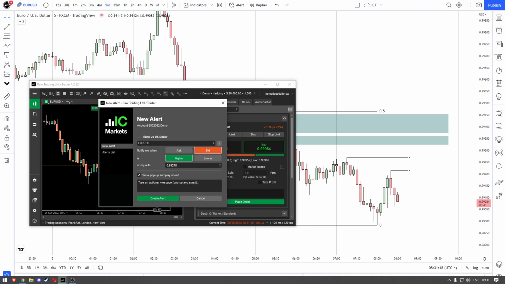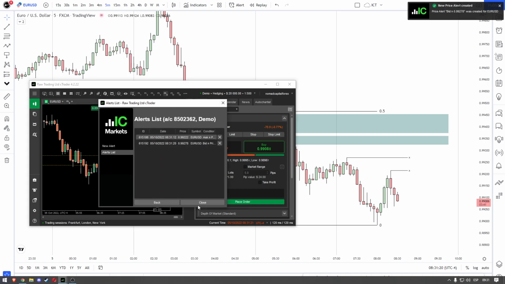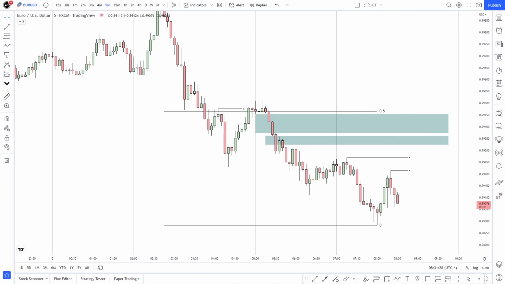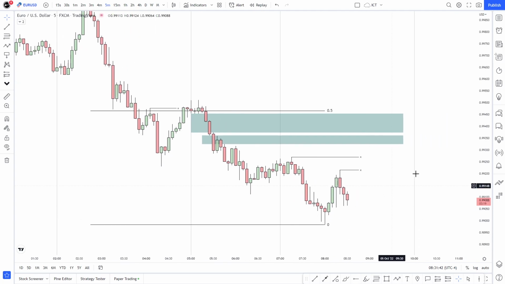As I don't have TradingView Premium at the time, I didn't really want to spend money on it. I don't really use it that much except for the alerts, but the alerts are something that we can fix, so it really didn't worry me that much. Oh, and I'm putting an alert below the low as well, because that's also going to be important. Right below this low. Cool.